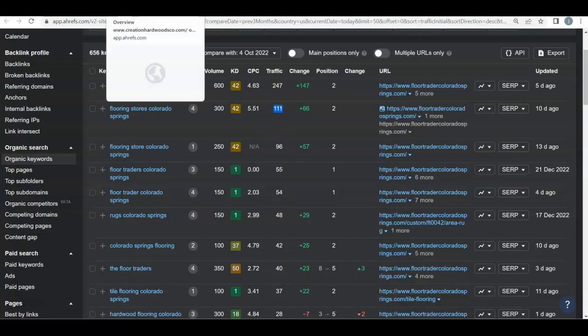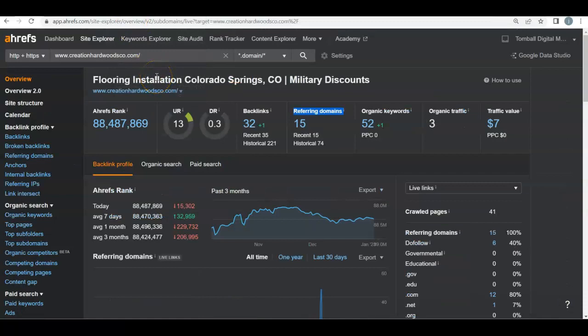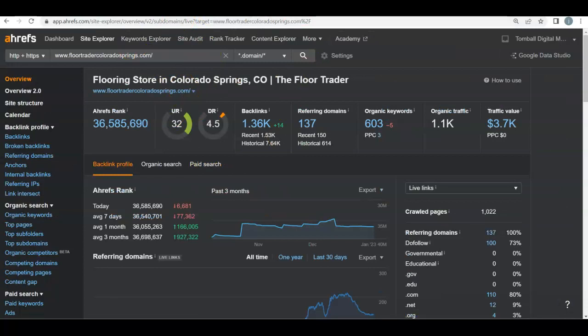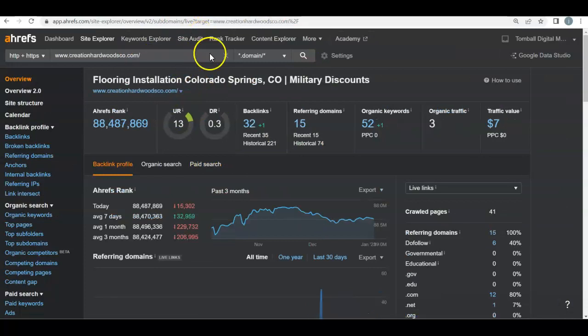So if we're looking to overtake them and get that traffic for yourself, first things first, you got to get more backlinks. So they have 1,300, you want 1,500. The best part about this is you know where to get 1,300. Your competitor has them. So if it's working for them, it'll work for you. You can take the good ones from theirs, add them to your own, and that'll help boost your UR and DR rating,